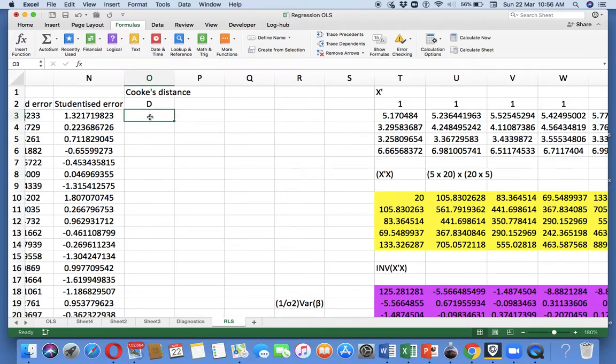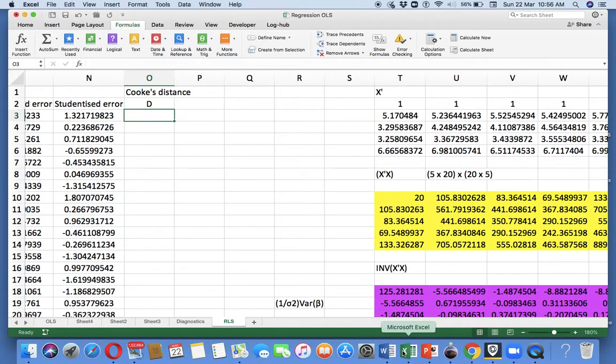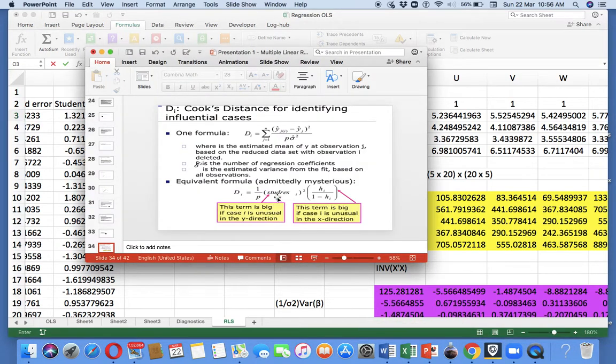So Cook's distance is 1 divided by 5 into, open a bracket, the studentized residual squared.